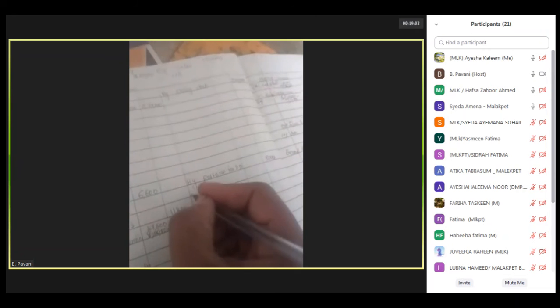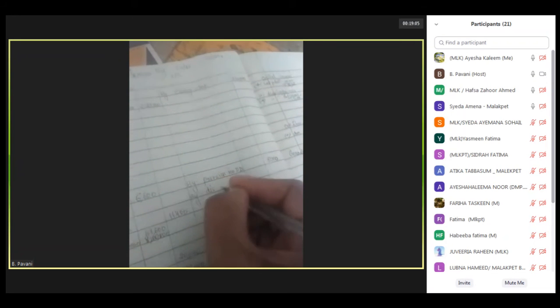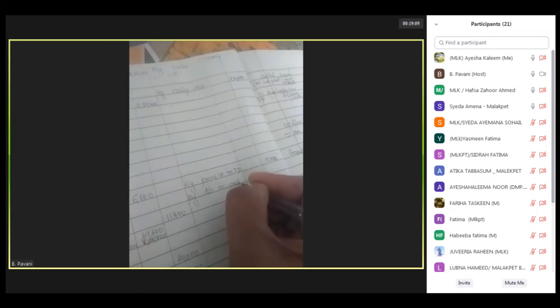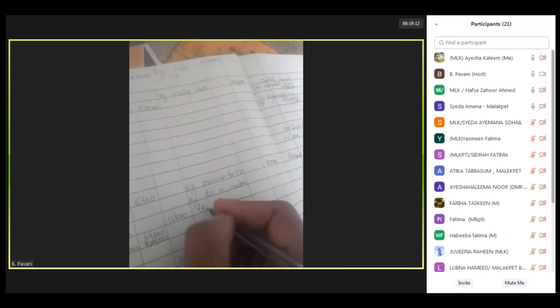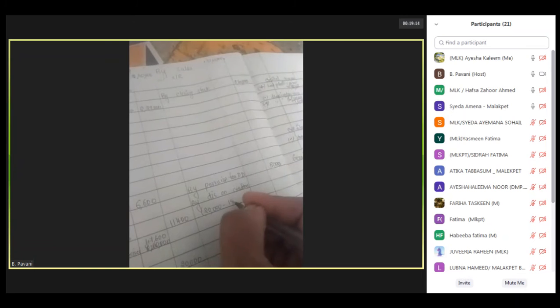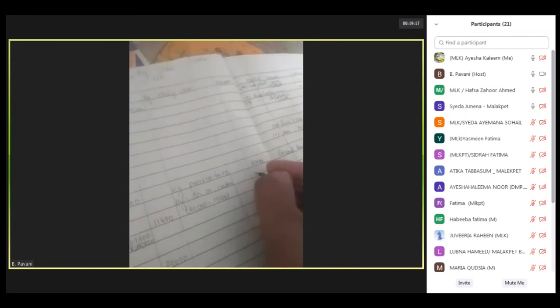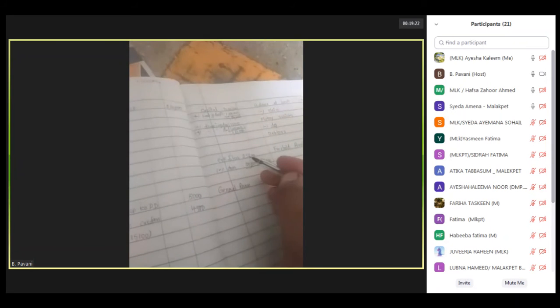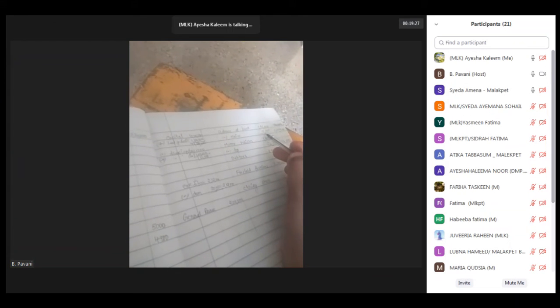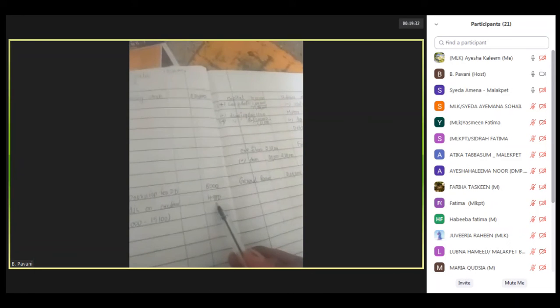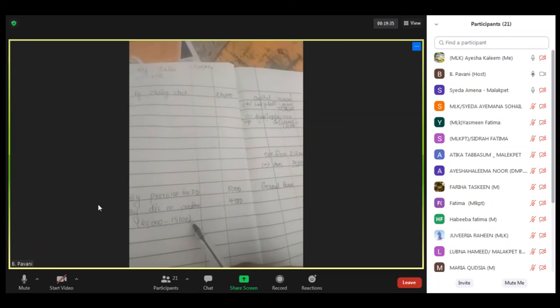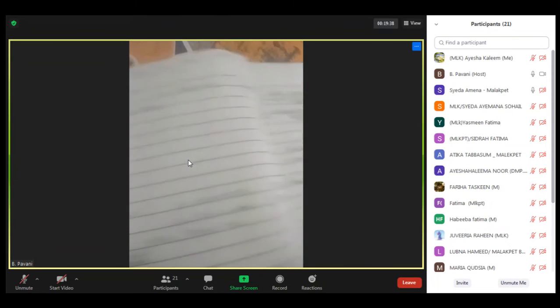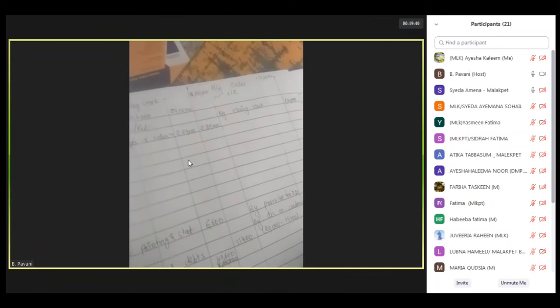We should write it as by discount on creditors, 20,000 minus 15,100. If we subtract, the amount is 4,900. Is it clear? Whatever claim is included in the creditors, I have subtracted, and they have paid the claim of 15,100. That's why their bank balance will decrease. And when they are paying, they are getting the discount of 4,900. This I am showing on the P&L account credit side, right? Is it clear? Yes, ma'am.